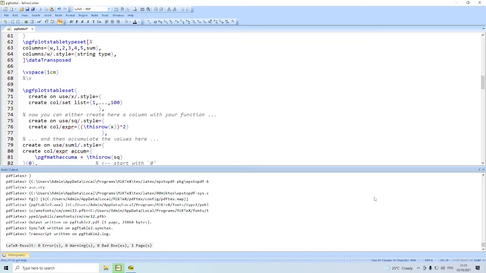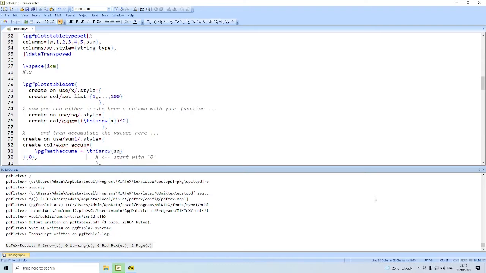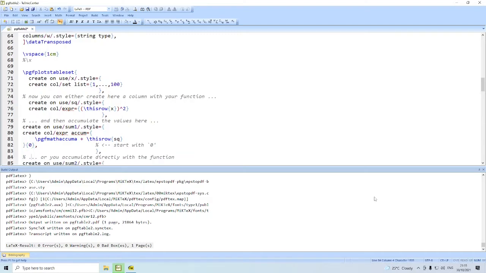And then we can accumulate. When we accumulate, we will use the command \pgfmathaccuma plus this row SQ. Remember, initially the value of the result is 0. We start with 0. This is one method. First you find the square and then accumulate.